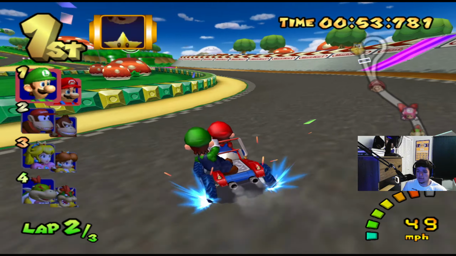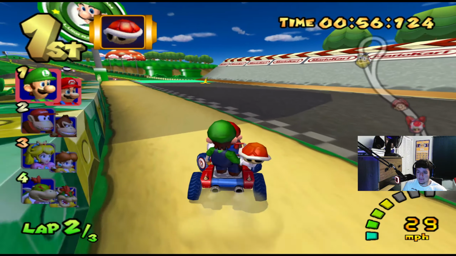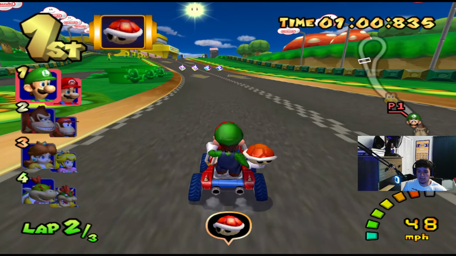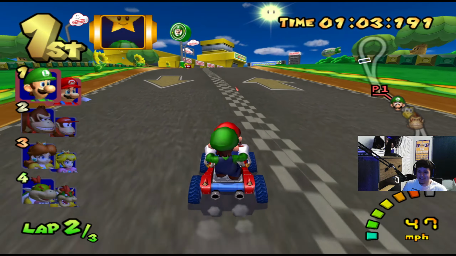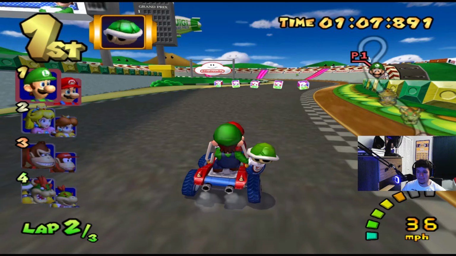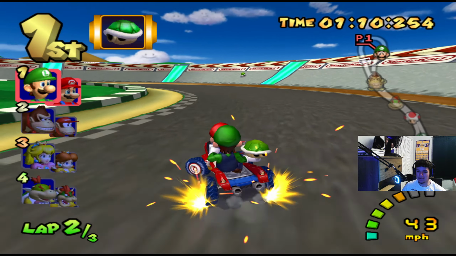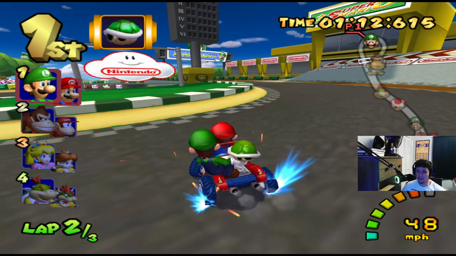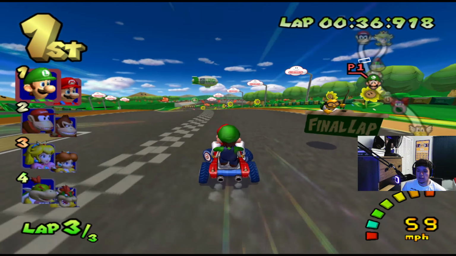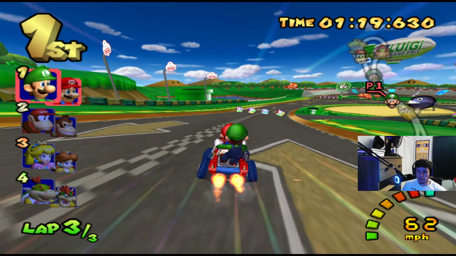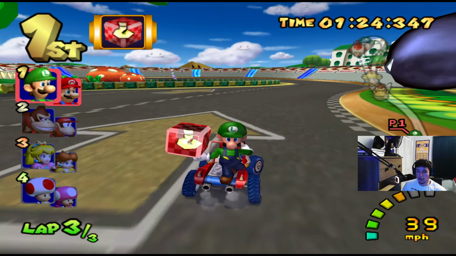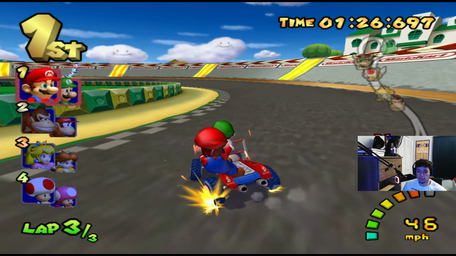Here we go, man. Like I said, I'm not really too good at this game. I've been playing a lot of Mario Kart World recently, so this game is a little bit different to me. But everything runs pretty good. Nothing lags. If you have a really good PC and a really good graphics card, you really wouldn't worry about lag. Don't get me wrong, the ROMs take a lot out of your graphics card, but